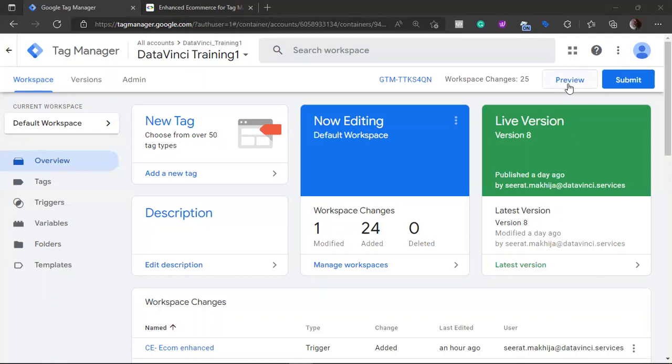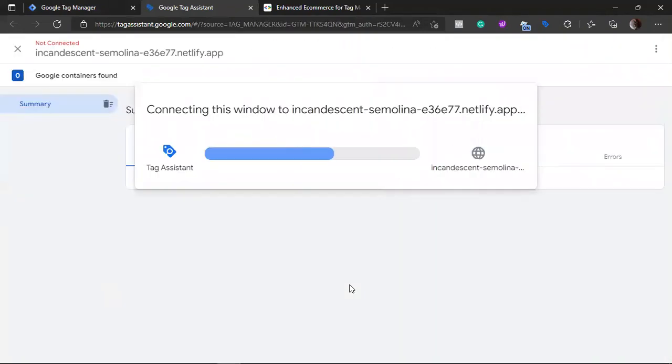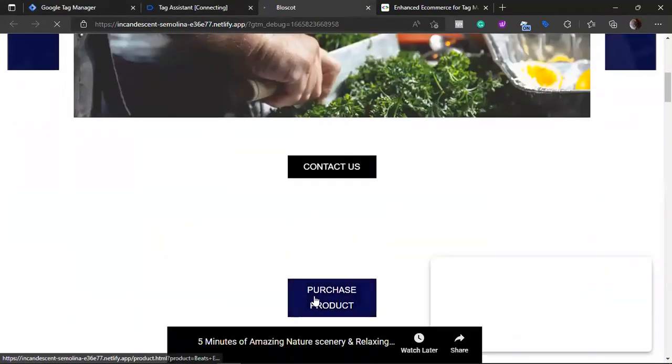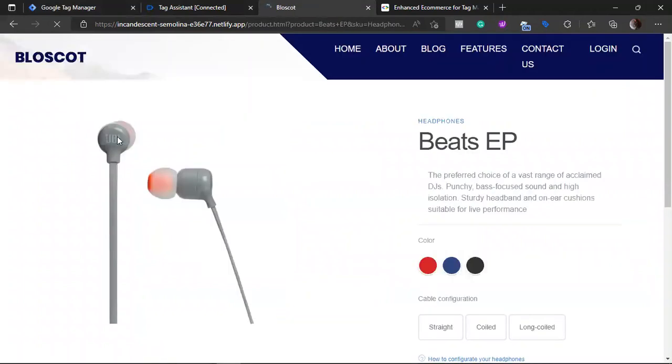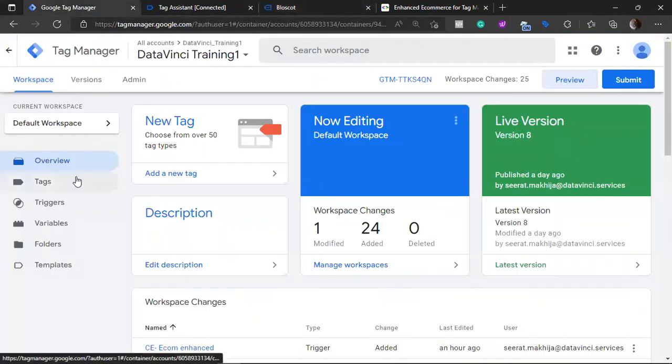So first of all, let us preview our website. You can connect. So here I have just simply changed this button and I have added this product page here. So we are gonna do the tracking from this page, right? We are gonna first track the data from the URL and push it to the data layer. So let's go to Google Tag Manager, go to tags,